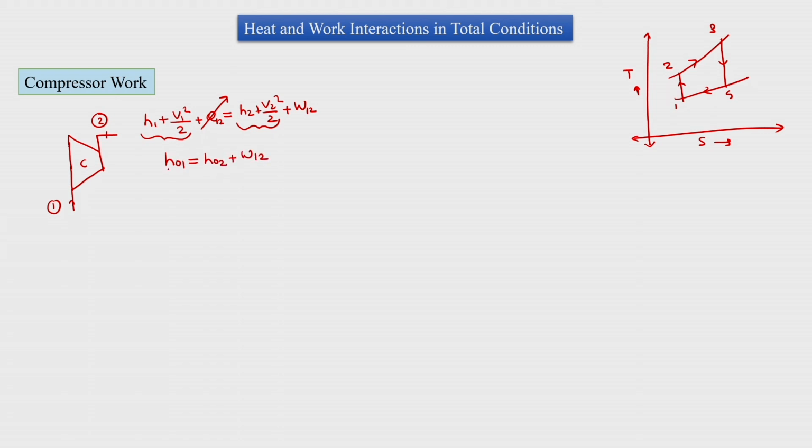If we start considering total enthalpy at station 1 and total enthalpy at station 2, then the work done or work input we get will actually account for the velocities at station 1 and 2. So we are going towards more realistic estimates. So W12 is equal to H01 minus H02, which is minus